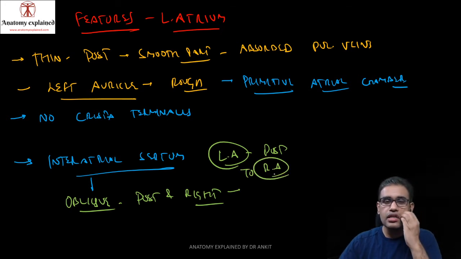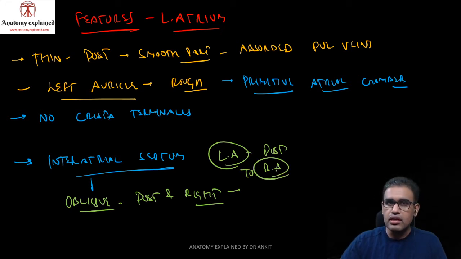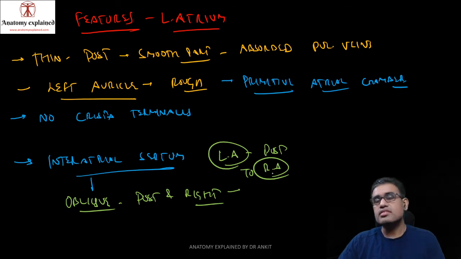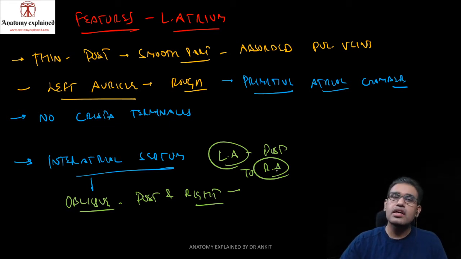If you remember, when we studied the video on the heart, we talked about the location of the chambers. We said that the right-sided chambers are anterior to the left-sided chambers. So the RA is anterior to the LA comparatively, and the RV is comparatively anterior to the LV. What does that mean? That the RV forms most of the sternocostal surface, and the LV forms most of the diaphragmatic surface and the left surface. It is present slightly posterior. The RA forms the right border from the anterior side. The LA, that is the left atrium, forms the posterior surface or the base of the heart. So the right-sided chambers are slightly anterior to the left-sided chambers. That is one thing.